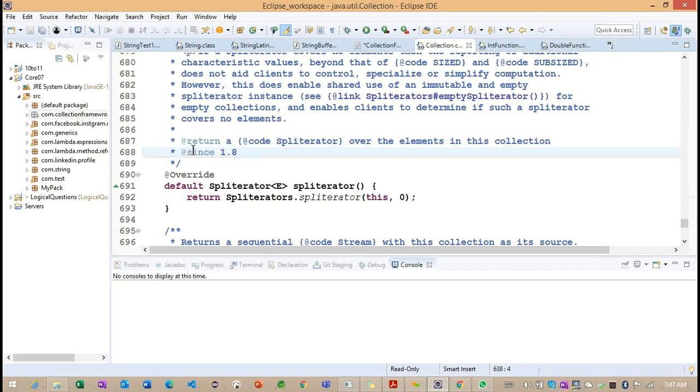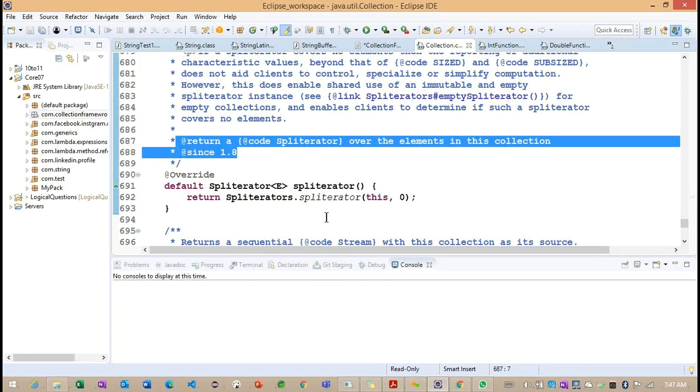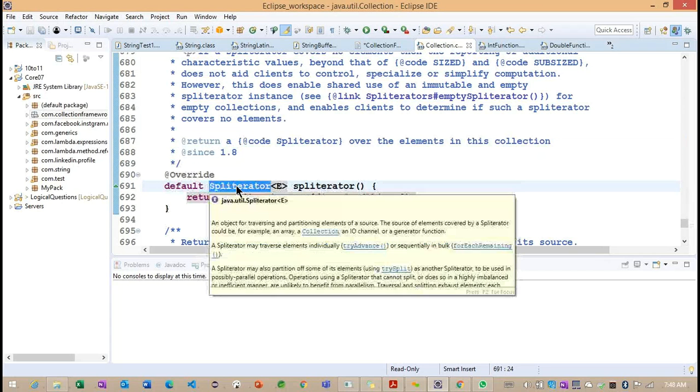Now you can see this section of code was added from 1.8 onwards, which we already discussed. Basically, this is the newly added iterator here. Getting the point? The Spliterator was added in 1.8 onwards. It works with the same behavior as the iterator.